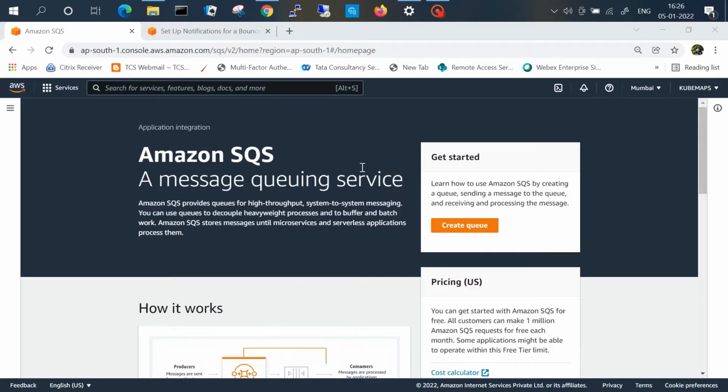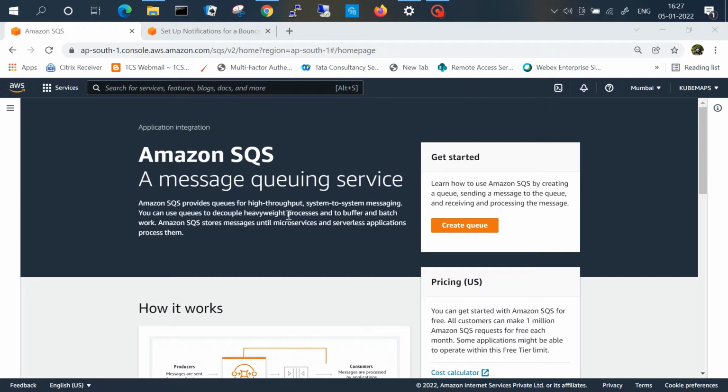Hello guys. Today we'll learn about Amazon SQS, which is a queuing service of Amazon. We will see how to create a queue. We'll see its configuration. We'll see how to create a dead letter queue. We'll see how polling works from a simple queue to a dead letter queue. And at the end of the video, we'll talk about interesting facts about one of the services of Amazon.